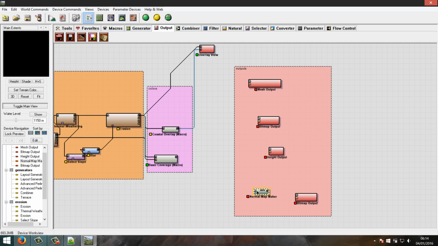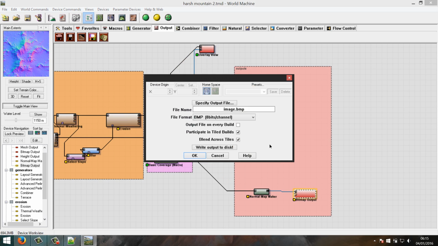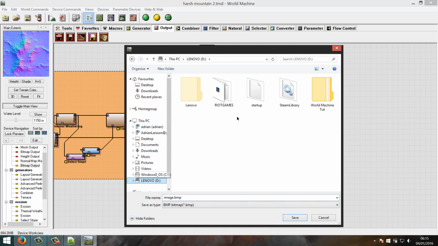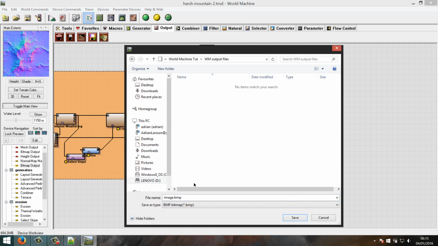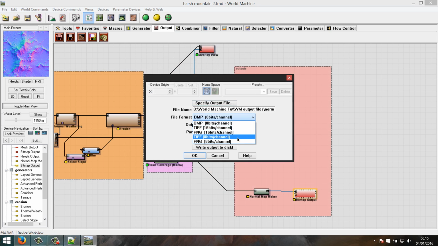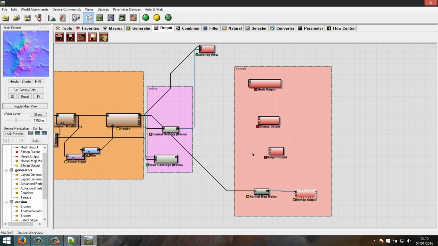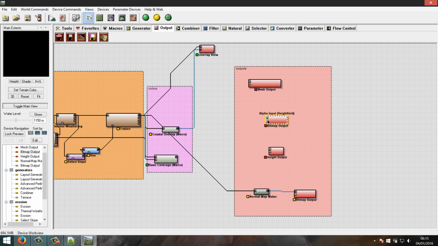Okay, normal goes to the final height information. Saving this as normal. Output on rebuild. Bitmap is going to be straight